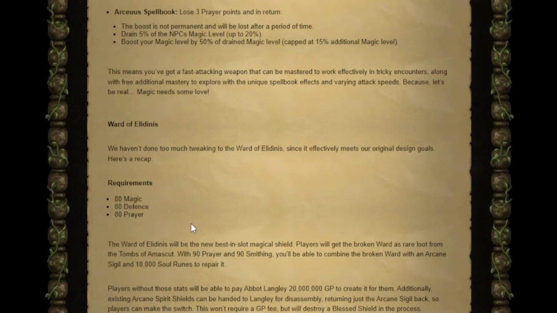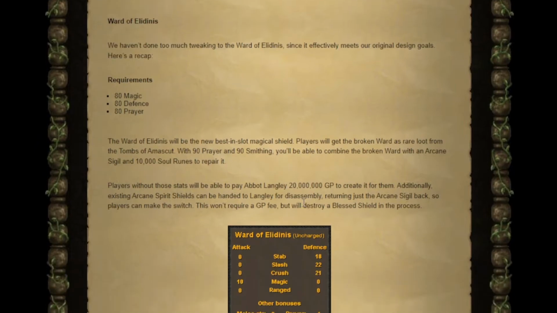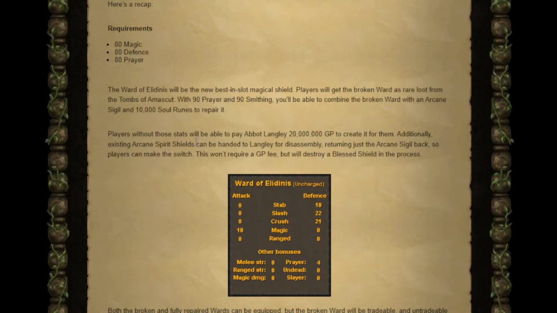Now, the Ward of Litmus, basically the upgraded version of the Arcane Spirit Shield. When it drops, the ward will be an unbroken piece, and you can actually wear the unbroken piece. Now, why would you? I don't know, but you can. And if you want to make the actual shield, you have to either pay 20 million GP to create it off an existing Spirit Shield, or you can...